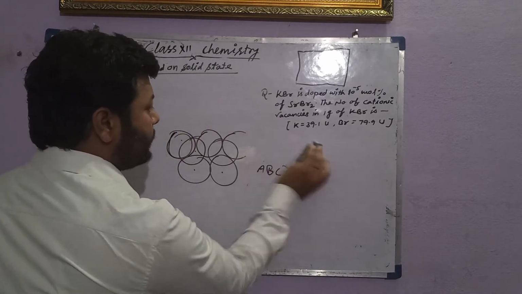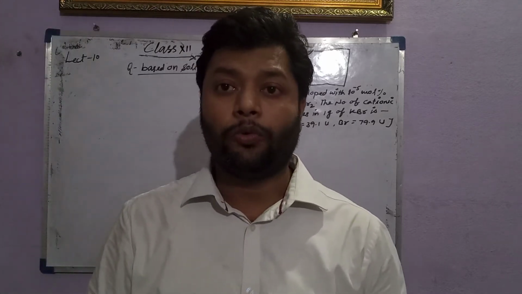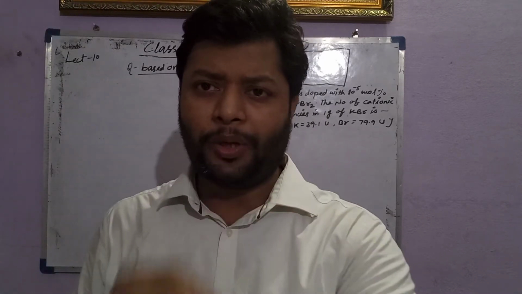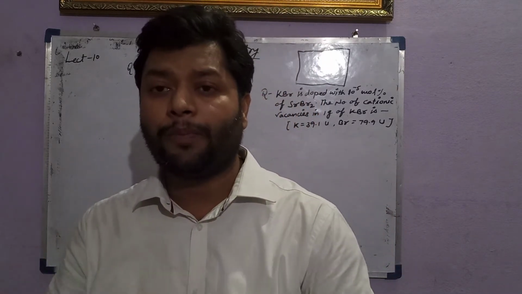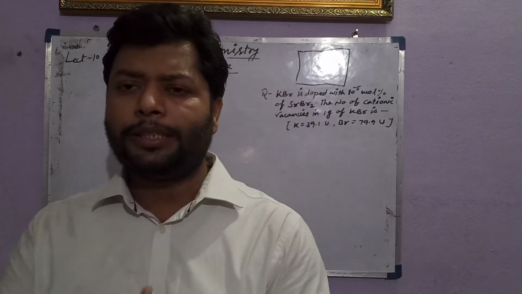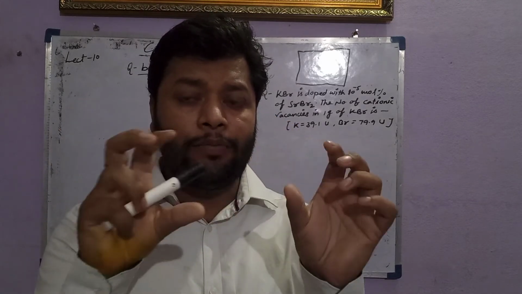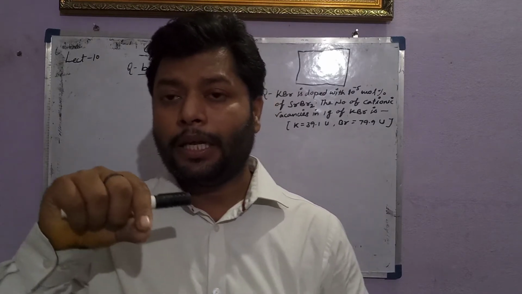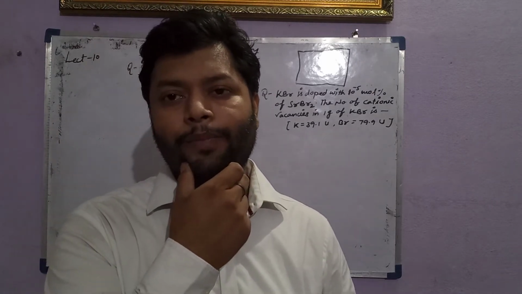Next thing, when we discuss the imperfection, one of the important topics we have, stoichiometric imperfection, non-stoichiometric imperfection, impurity defect. When we discuss these types of imperfections, we have to focus on how they can be shown in diagrams, because diagrammatic representation is what is taken as examples on the boards and in competitions. How we learn the stoichiometric diagrammatically.